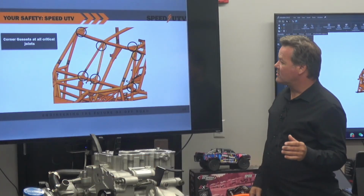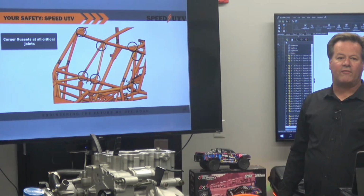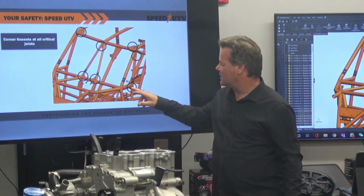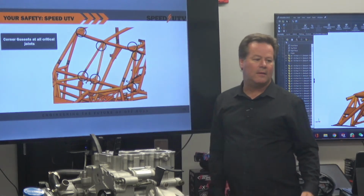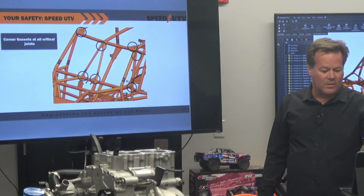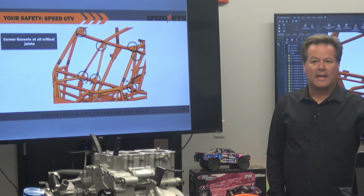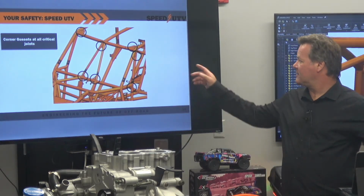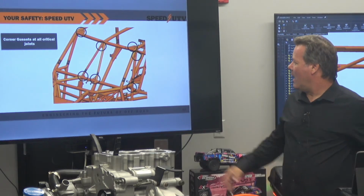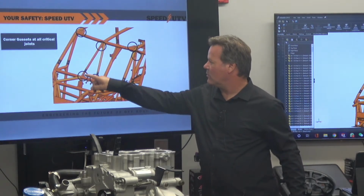Then I want to show something else that we've done as a production car that we're thinking about for not only aftermarket, but for safety. And we've identified all these little areas that have corner gussets. When I was talking with Bill Savage, one of the technical inspectors, very knowledgeable motorhead that's been around for a long time, he asked would I please consider it. And to be honest with you, for the few cents it really costs to put them in, a little bit of time, to have a larger weld gusset and opportunity in tube junctions for some gussets and corner gussets,